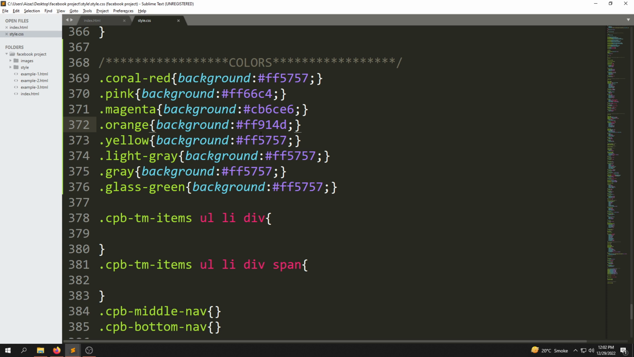and for yellow I use this, which is FFDE59. This is for yellow, and for the orange is FF914D, and for light gray, which is EC. Save it. For gray, which is this, but I haven't added gray here. Another is glass green, which is this, 7ED957. Save it. Now let's copy this class